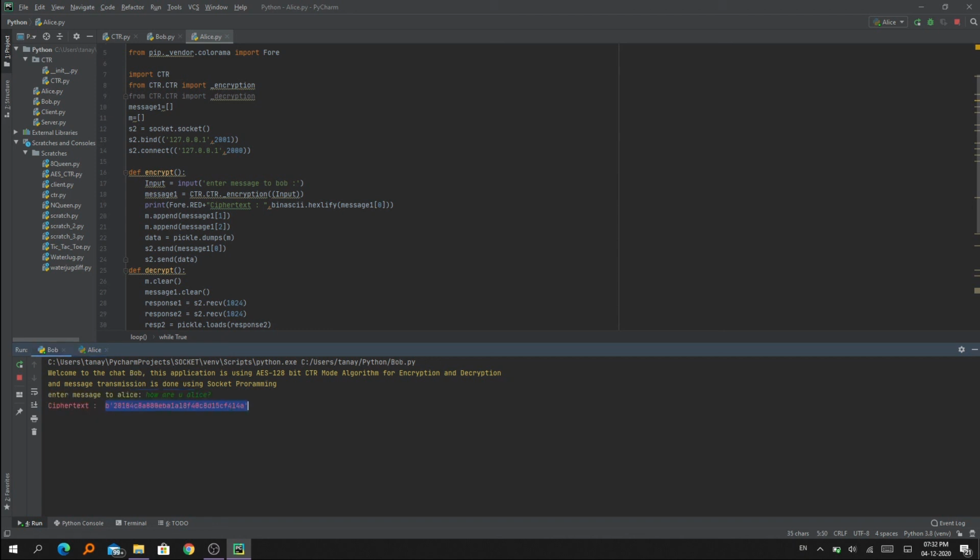But what happened in between is the message is encrypted and the ciphertext is obtained, and then at the Alice side the message is decrypted and printed, how are you? I'm good. What about you? As you can see, the same thing happens here. We get the ciphertext and Bob gets this message again. This is how socket programming is used to send data via AES encryption and decryption process.